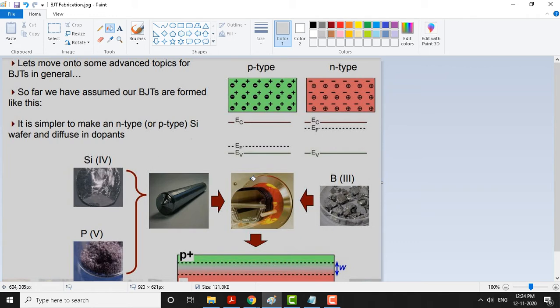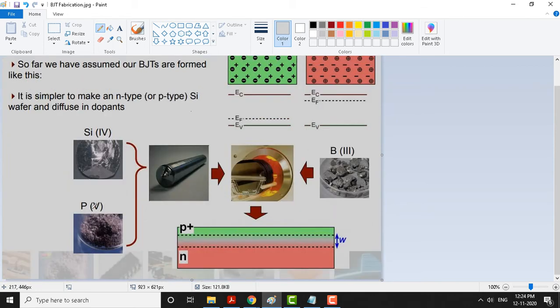So, continuing with that, we have here silicon, which is a column 4 element, and you are seeing here another, column 5 element, phosphorus. These are the two things you are seeing here, and you can see that once you solidify this from the molten state,